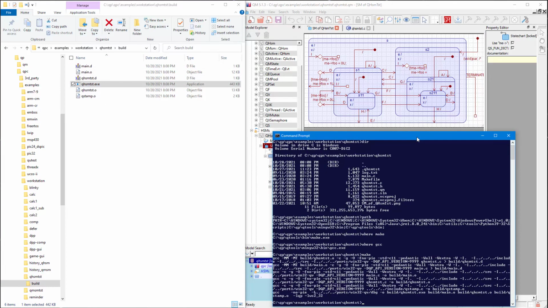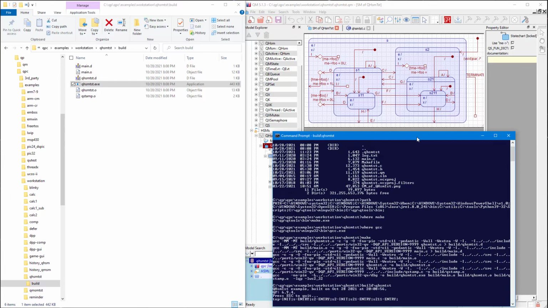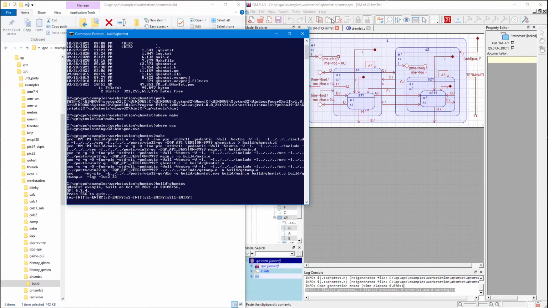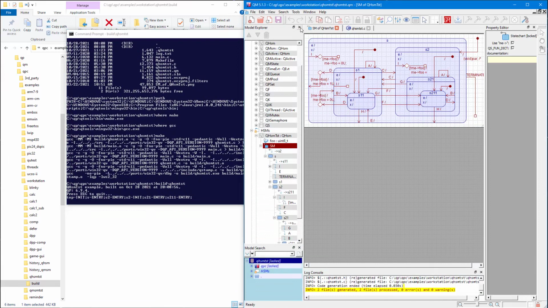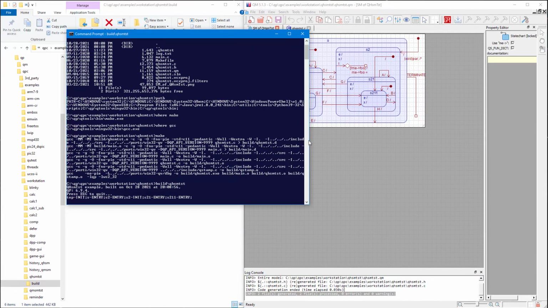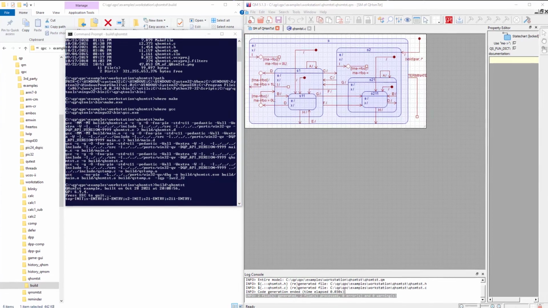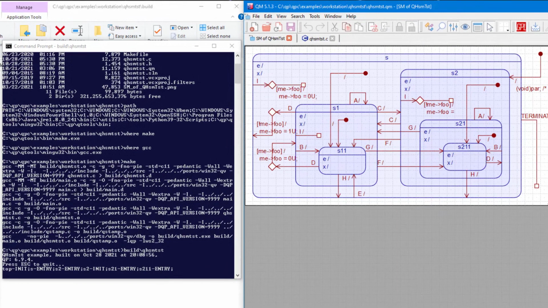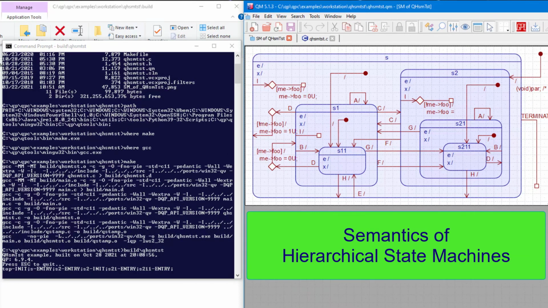To run this executable from your command prompt, type build/QHsmTst. This produces some printouts from your software tracing instrumentation in the state machine actions. By correlating this tracing information to the state diagram, you will be able to see exactly what the state machine is doing and in which order. Please try to pay attention to the details here, because they are important to learn and understand the semantics of